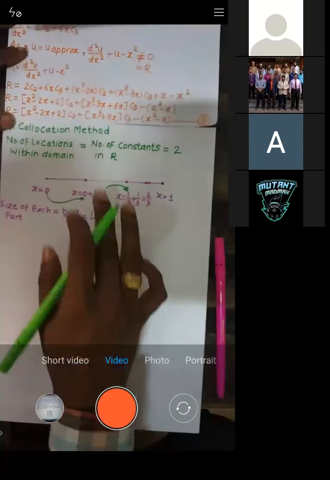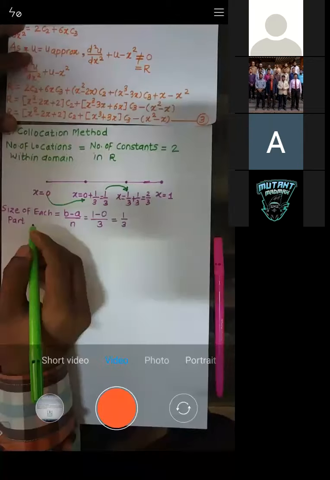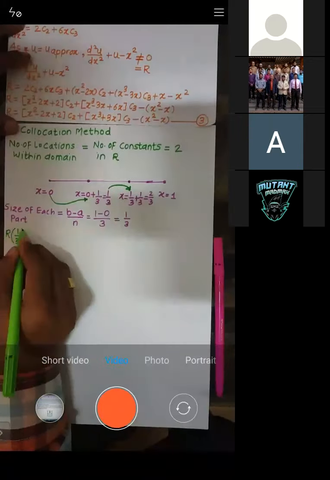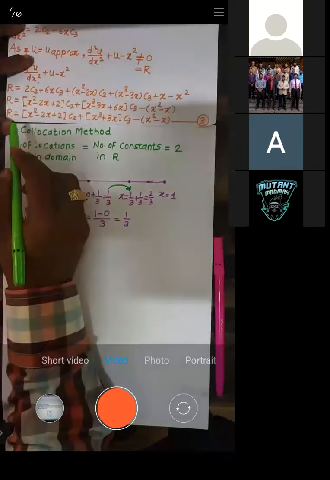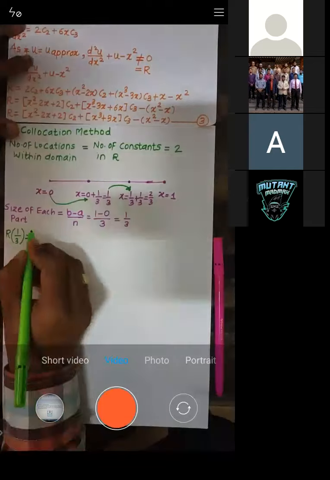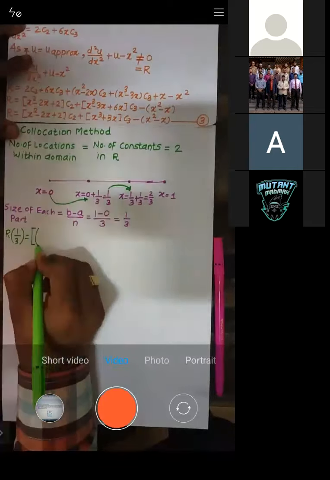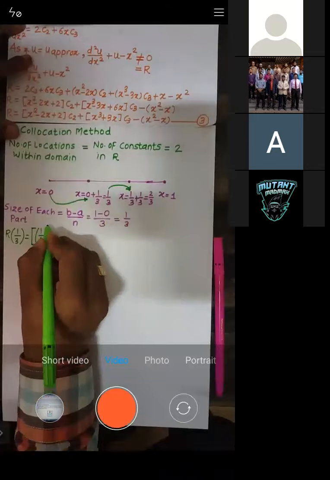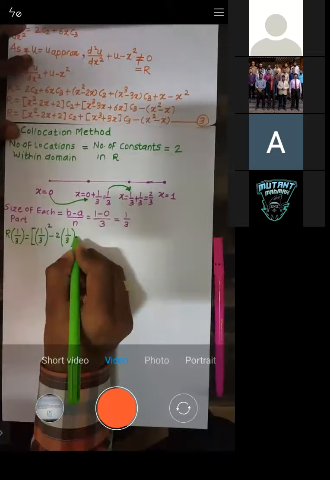I'll just write down here: r when x is 1/3 is given by, the bracket I will write, x square, that is 1/3 square, minus 2 into x is 1/3, plus 2